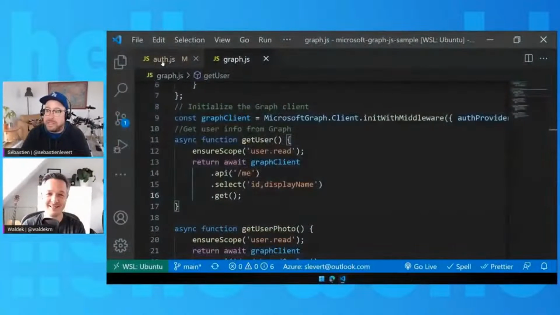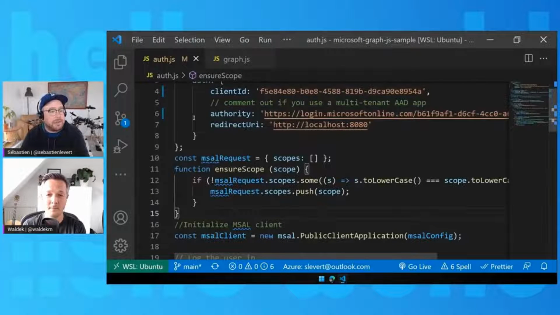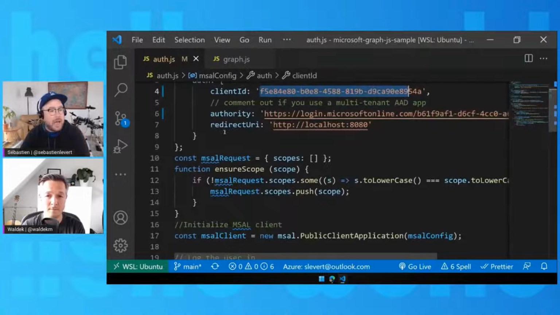So we're utilizing MSAL to get the token. We're using the auth.js file in here, which uses MSAL, the Microsoft Authentication Library for JavaScript. We're using a flavor of it called MSAL browser, where here we just have to specify what is our client ID, what's our tenant ID, where do we want to be redirected, and the rest of this application will take care of all the redirection, creating the payload, sending the payload to the authentication endpoints, getting them back, managing